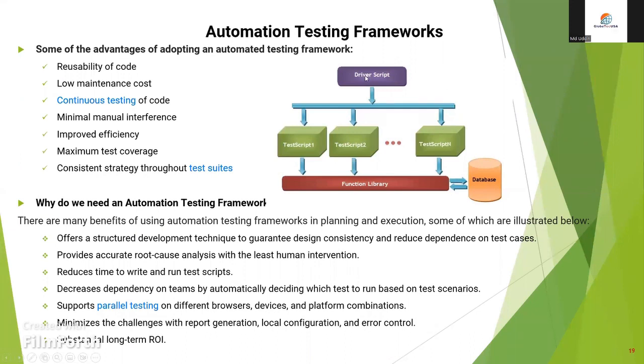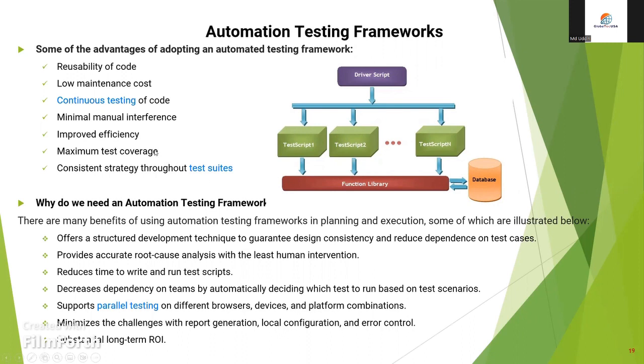So this is the automation test framework. Here you have a delivery script. You have script 1, 2, maybe a number of scripts. You have a function library where all the functions of these scripts are kept. Here you have databases where all the data is kept, and the function library can use these databases, and then the script can use the function libraries, and these scripts can be driven through the script initialization. So you can click your database script, which will run through the script and use all the functionalities and databases